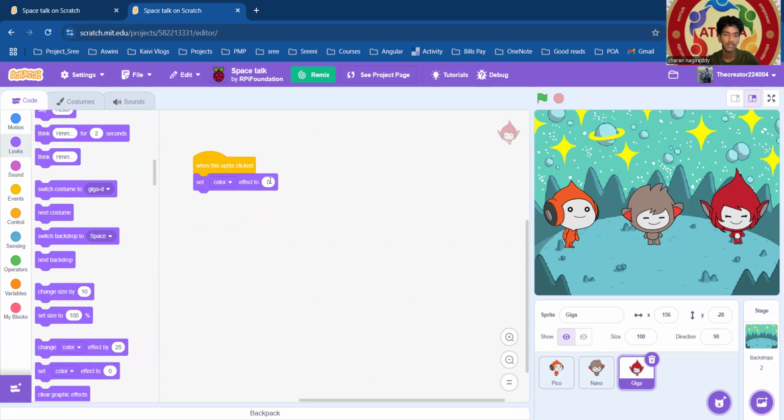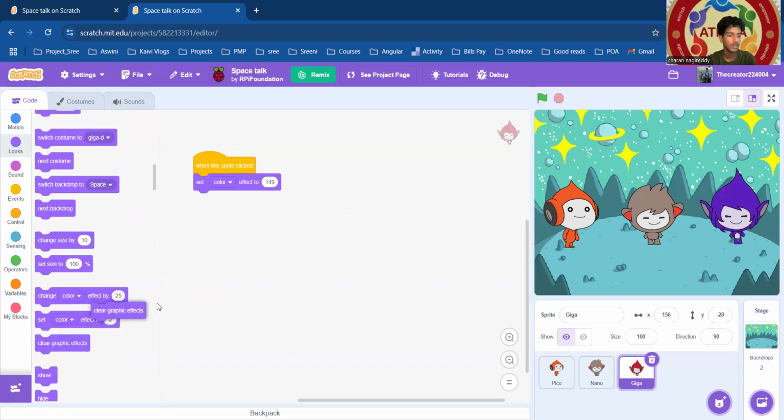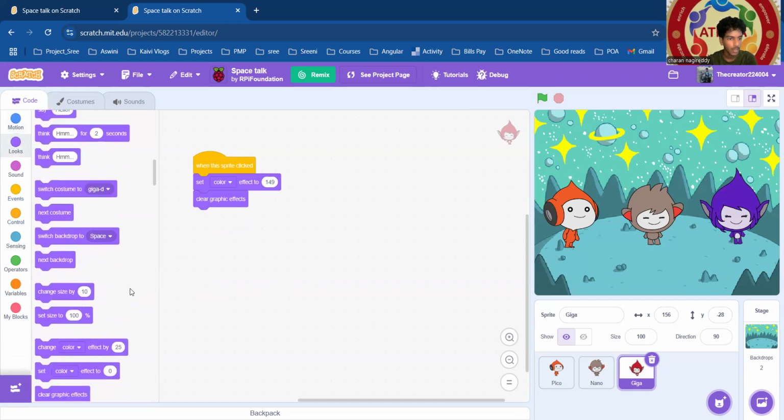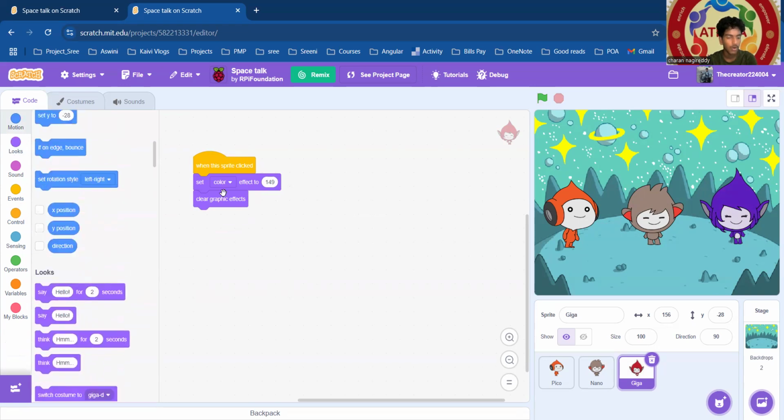So we're going to drag set color effect, and we're going to choose any number between 1 to 200. It really just depends on your taste of color. So let's see. I'll do 149 because 149 is purple. I like purple. So now we will be doing clear graphic effects, and we will be adding a block of code in between so that